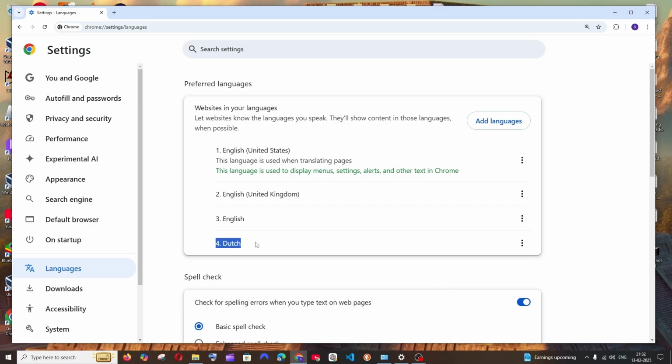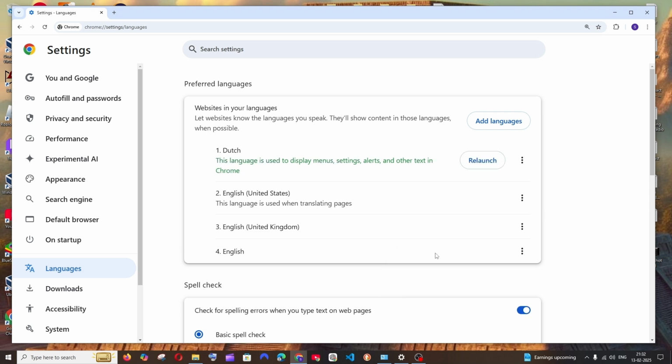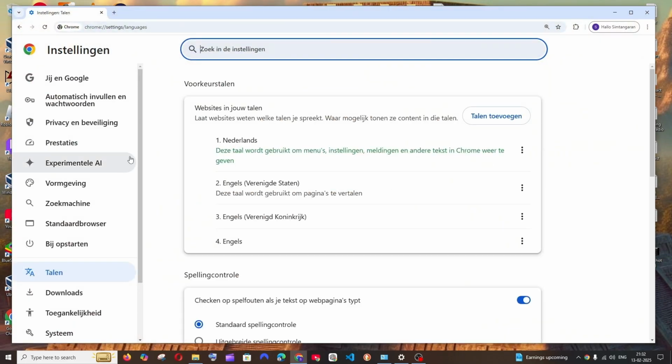The language has been added over here, and what you can do is you'll be having these three dots. Select it and just check the first one, display Chrome in this language. Just check this and just relaunch so that this language will be everywhere on your Chrome. So I will click on relaunch, and now as you can see the language has been changed from English to